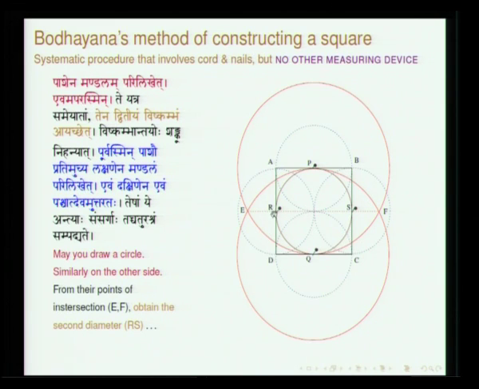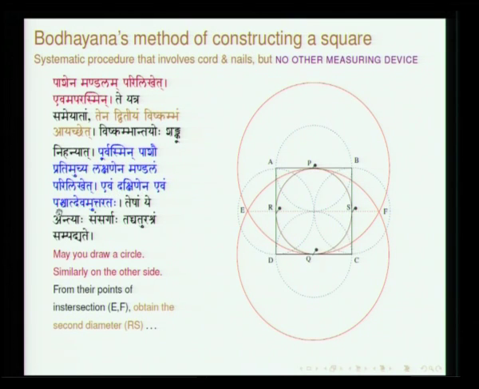Then you have to mark points R and S. So Tena Dvitiyam Vishkambhama Yachet, the points R and S are drawn. Vishkambhantayoho Shanku Nihanyat. Again, we fixed a nail here, we fixed a nail here. Then he says you fix two more nails here and that is all, you have got the square. How do you do it? Starting from P you draw a circle as it was done, then you draw a circle, then a circle, then a circle. This is all he says.